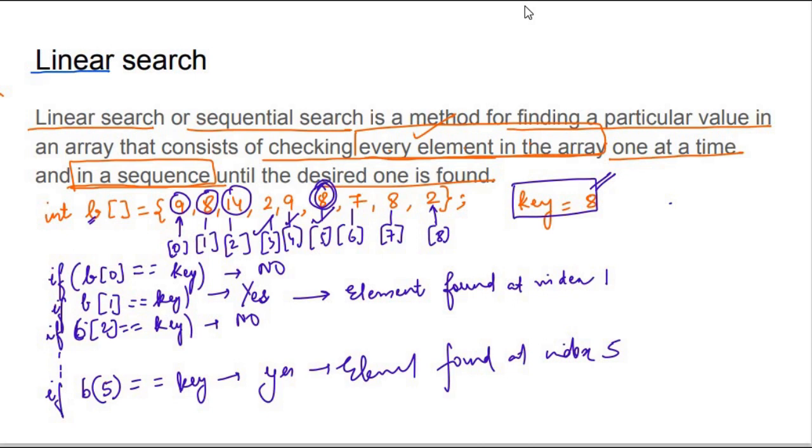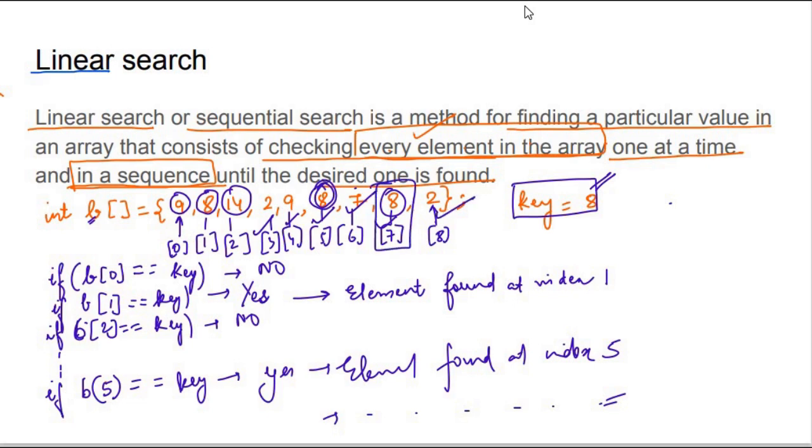The search process still continues. It will check this 7, meaning B6, then B7, which is 8. Again the element is found, at index 7, because at index 7 you have an element 8.